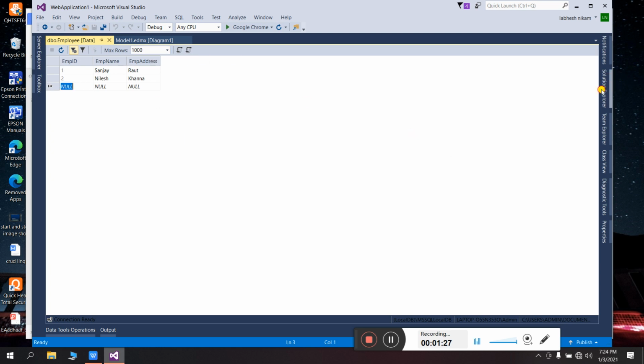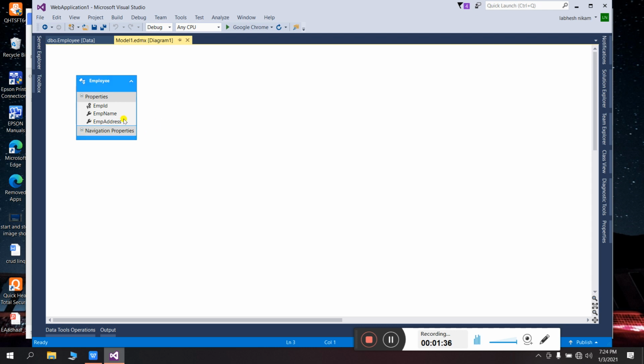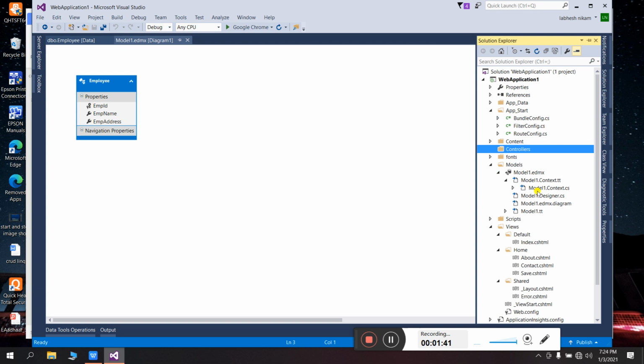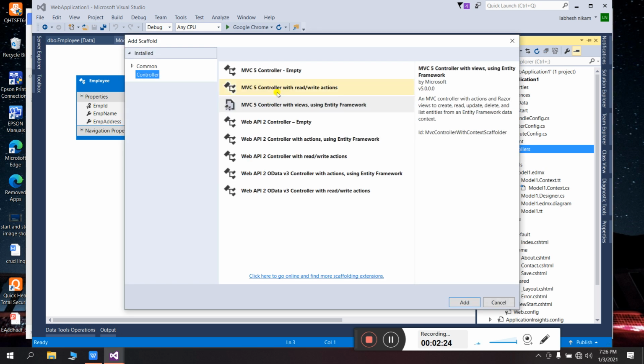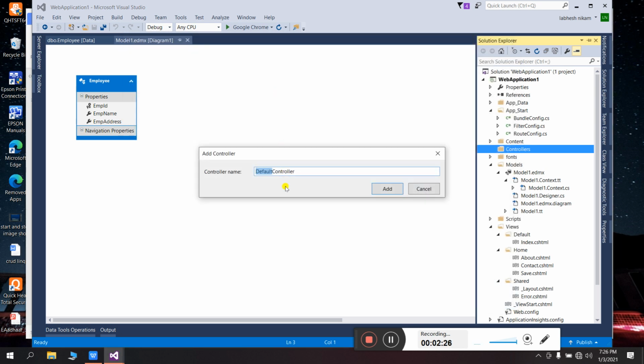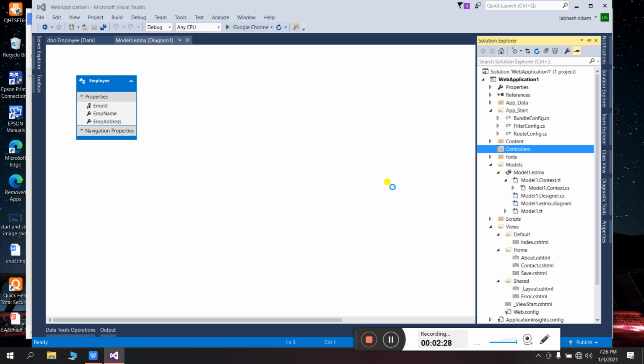This is my MVC application and here I have created one table, the employee table, and created one entity data model of that employee table inside the Models folder. Now I will create another controller with read and write actions, and give it the name DefaultController.